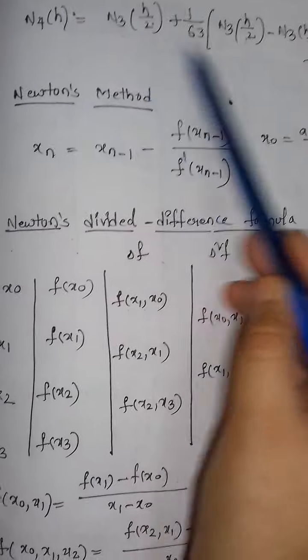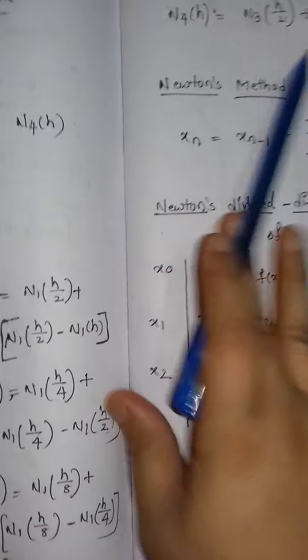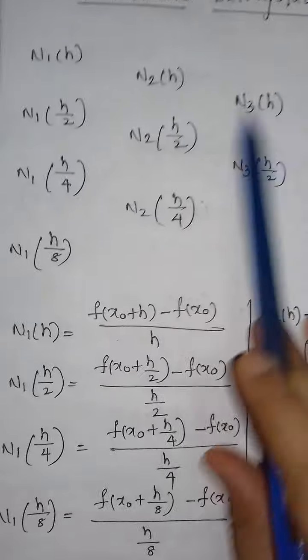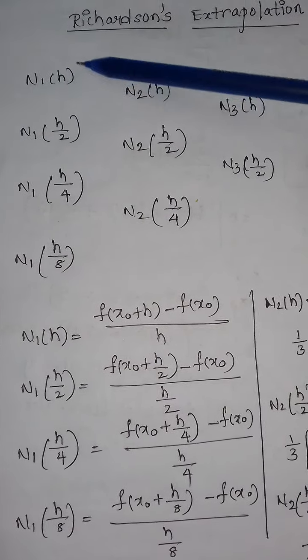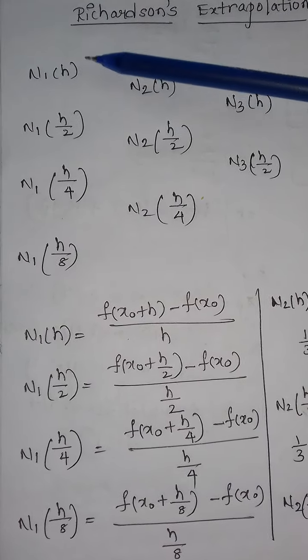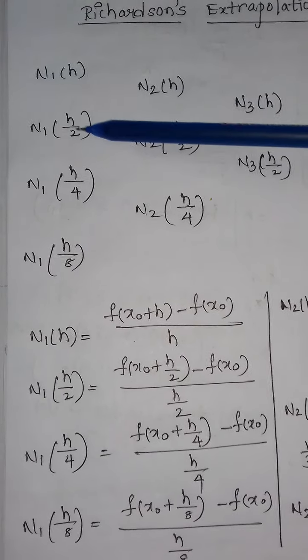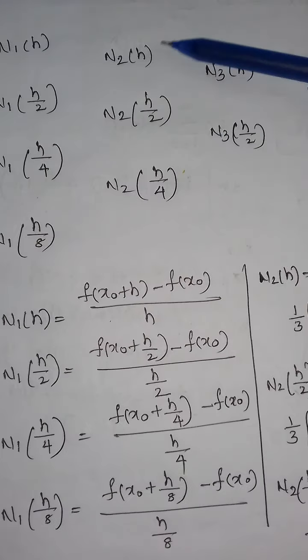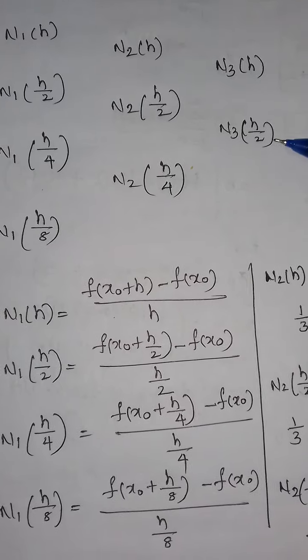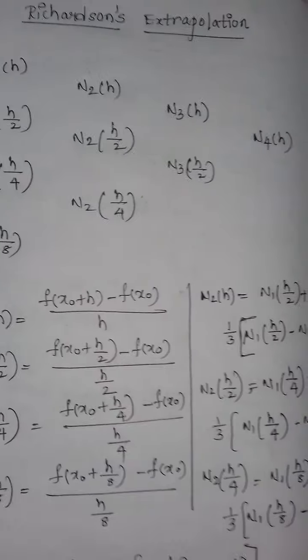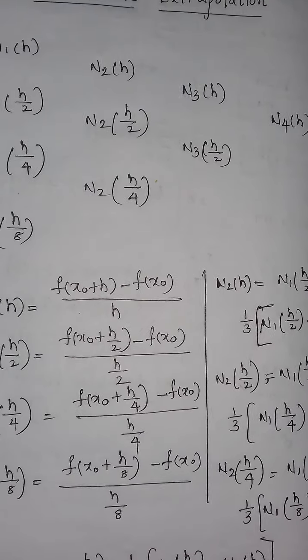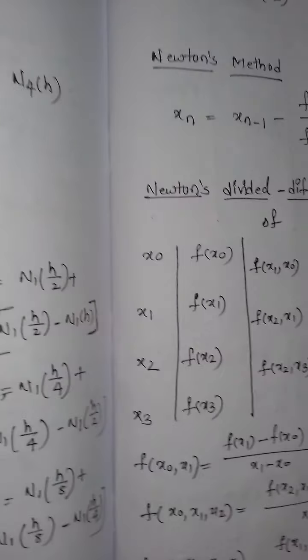we have done with this Richardson extrapolation, these values we need to find, and we have found them by using the formulas. Here you will use f of x naught plus h minus f of x naught, divided by h, and replacing h, then you can find these values. And for this you are using 1 by 3, for this one you use 1 by 15, and for this 1 by 63. With this we have completed the Richardson extrapolation formula with an easy trick.